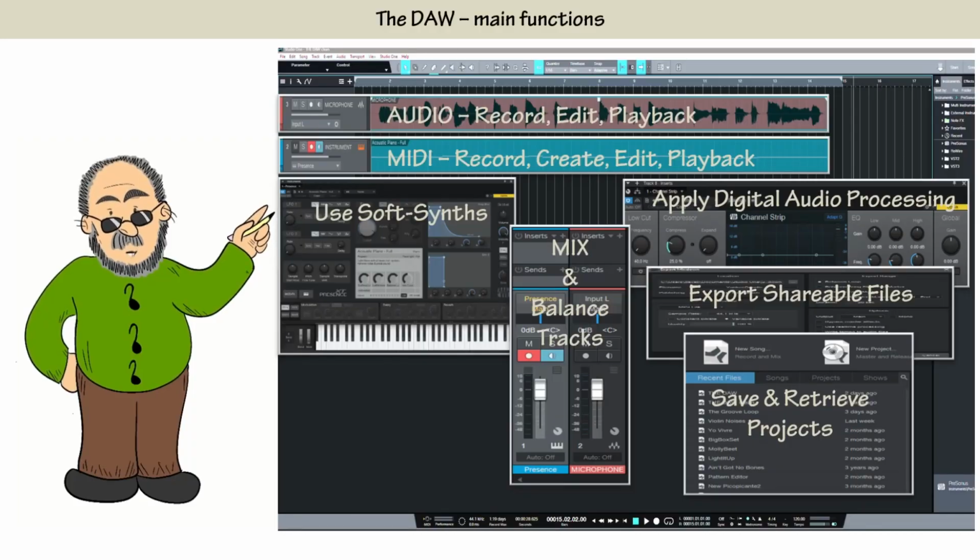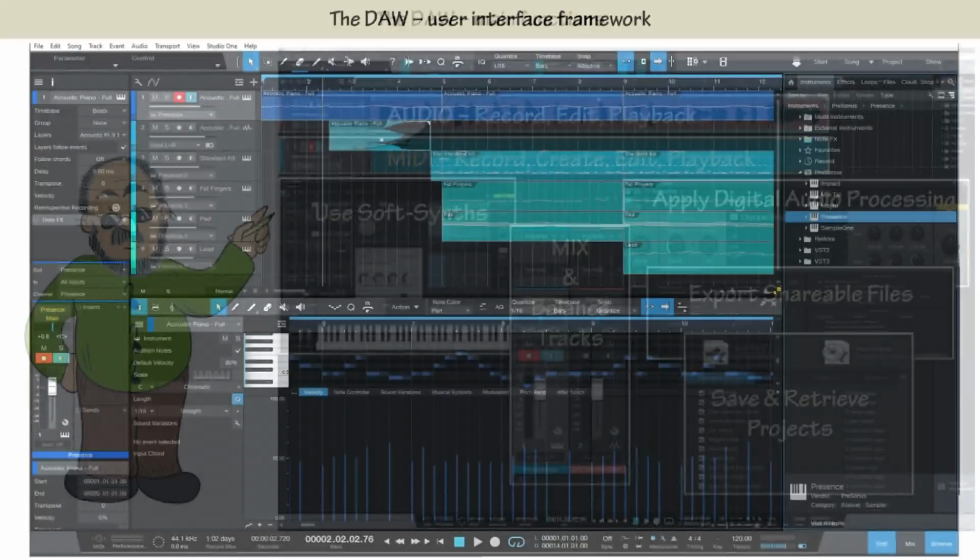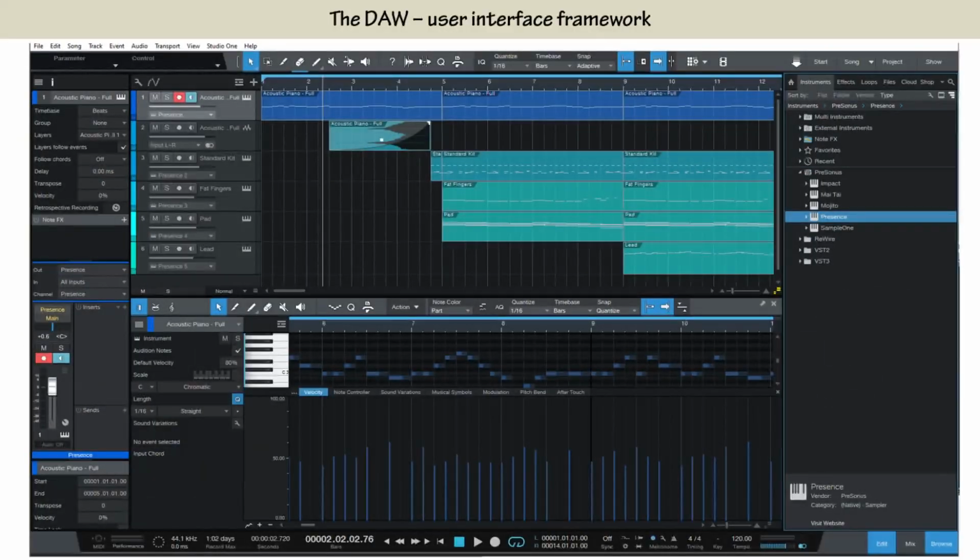These functions are presented in a UI framework that needs to be understood and with which you are comfortable. Getting a good feel for the general layout will help you remember things as you go into more depth and learn the details. DAWs do vary in look and feel in the way that they present their tools to the user. We are using PreSonus Studio One for demonstration and teaching purposes, which has an elegant, straightforward user interface that is